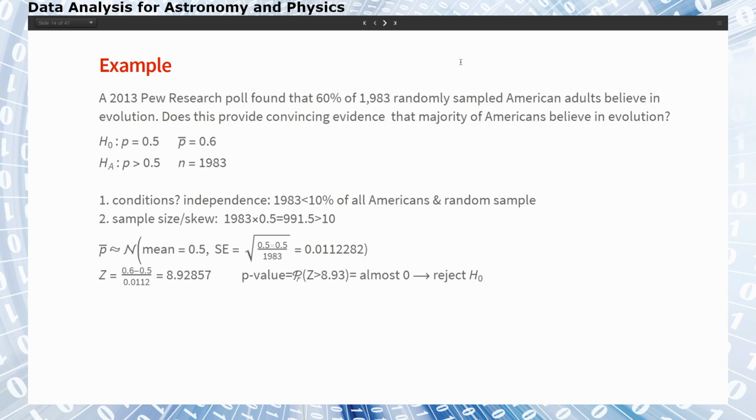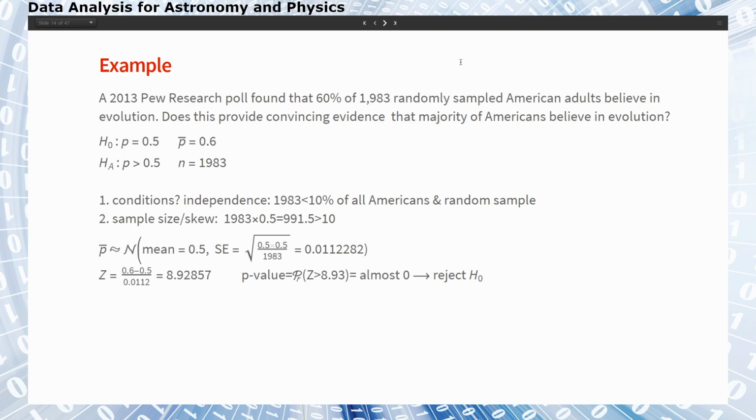Let's test. So, again, the null hypothesis makes the assumption there's no effect, so that we have a 50-50 case. So P is 0.5. Our observation, P bar, is 0.6. And the alternative hypothesis, P larger than 0.5, sample size